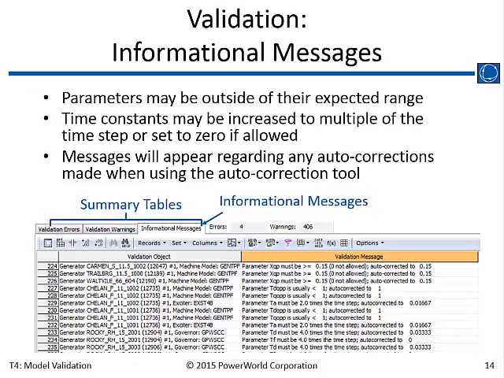Okay, there's some informational messages that I don't tend to look at a lot. When you do auto-correction, you will see informational messages. They'll tell you what was auto-corrected. We also allow you to use different time constants. You can increase the multiple of the time step or set it to 0 if it's allowed to. So on this page here,